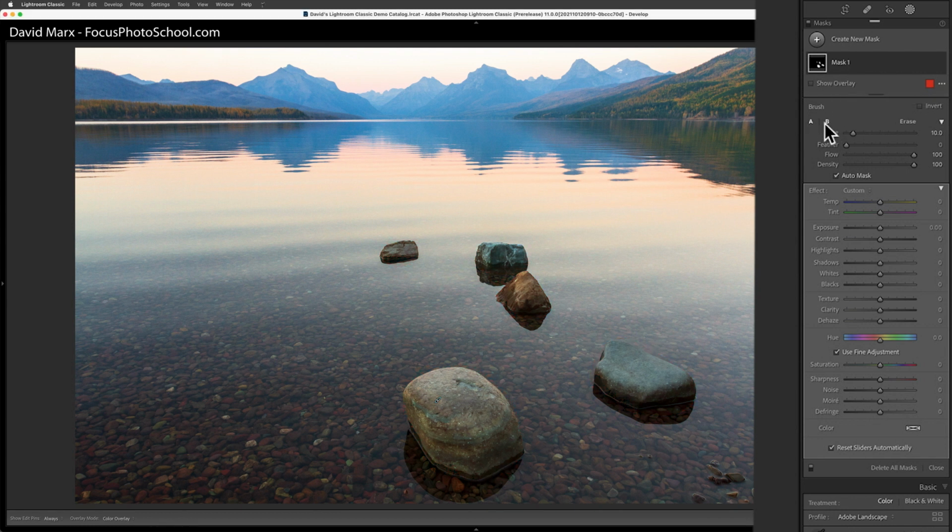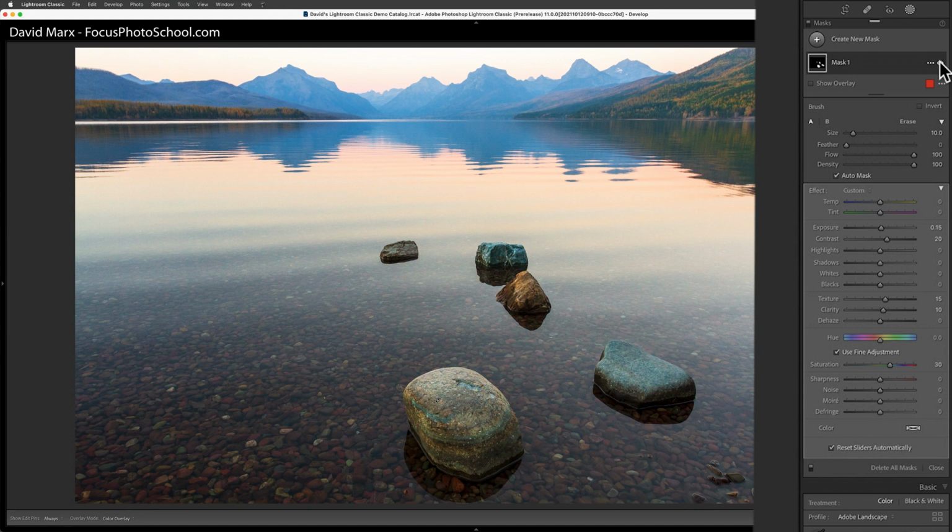Now, it's time to create the actual changes that I want to add emphasis to these rocks. To do that, I'm going to bump up the exposure, the contrast, the texture, the clarity, and the saturation. I've probably overdone things, but watch what happens when I click on this little eyeball symbol up here at the right edge of the masking panel. This is the way that the image looked before I made any changes to these rocks, and this is after. At this point, if I think that my changes are too strong, then I can go back and adjust any of these sliders.